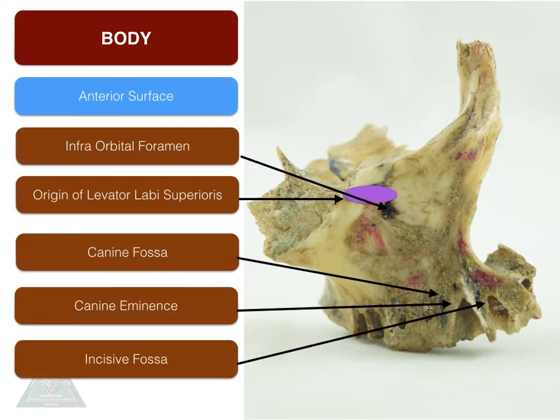It's dominated by the infraorbital foramen, which transmits the infraorbital nerves and vessels. Just above the infraorbital foramen and the infraorbital margin, we have the origin of the muscle levator labii superioris. Below, we can find the canine fossa. More medial to it, we have the canine eminence, and more medial to the canine eminence, we have the incisive